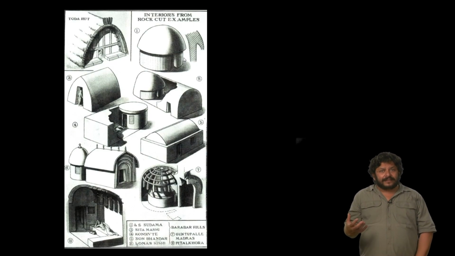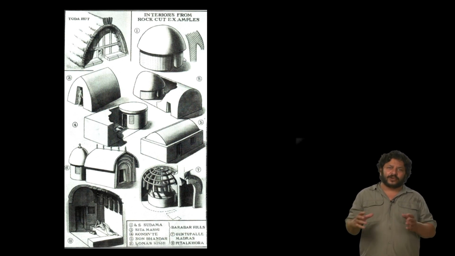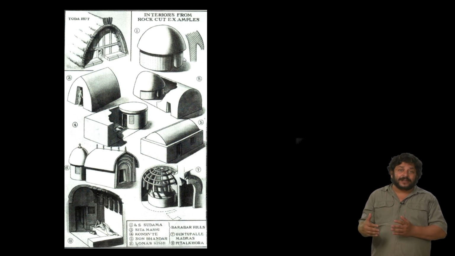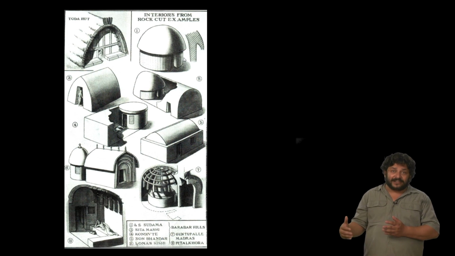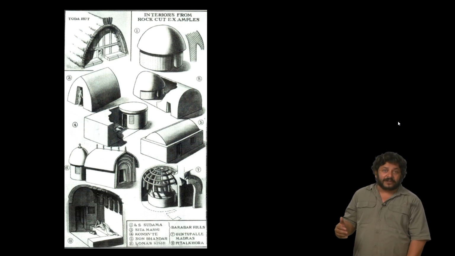Now, this idea that a hut houses a holy man or a holy presence is an idea that never goes away. It will survive through various Buddhist monuments, through Jain monuments, and through Hindu monuments. And we will see various iterations of this theme through the course of several hundred years. This is an image taken from a famous book on Indian architecture by an author, a scholar called Percy Brown.